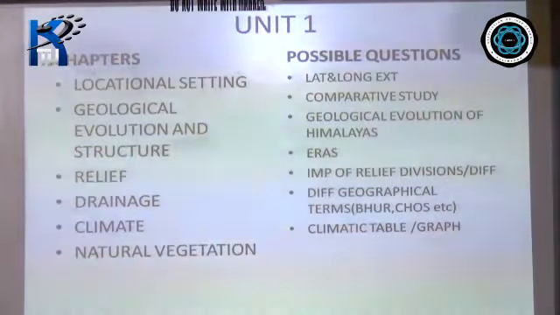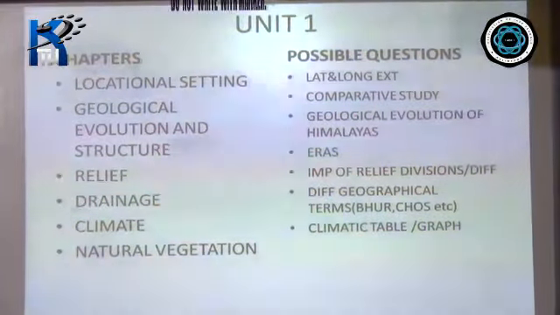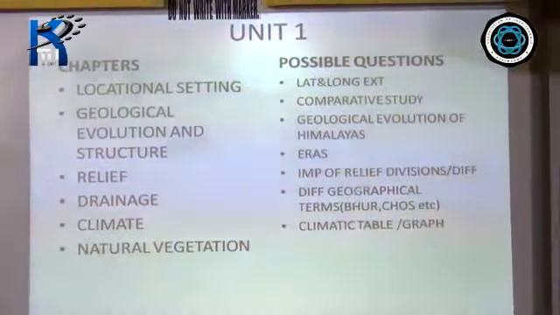Okay, so that explanation has already been done. Formation of the Himalayas may be a very important question, and along with this, they might ask you between the two land masses of the Angara and the Gondwana, millions of years ago, there was a sea. It was in between these two blocks of land. What is the name of that sea? And you know it is the Tethys Sea, or that Tethys Sea is also known as a geosyncline. So they might ask you, name the geosyncline that was formed between the two land masses of Angara and the Gondwana. So these type of questions might be there.